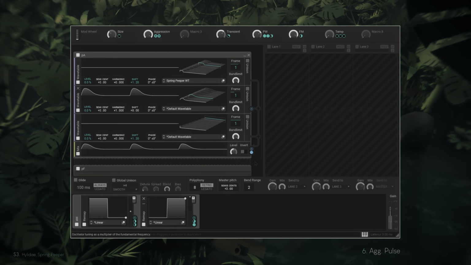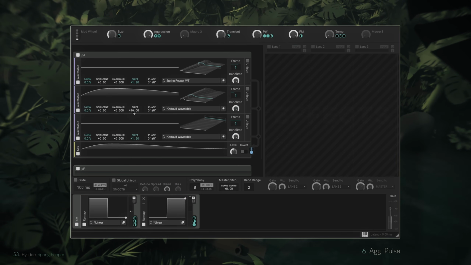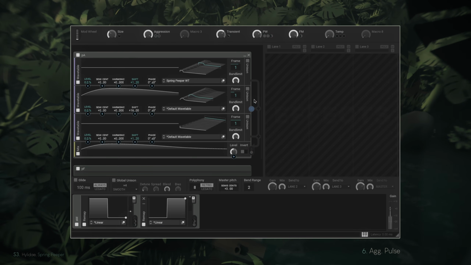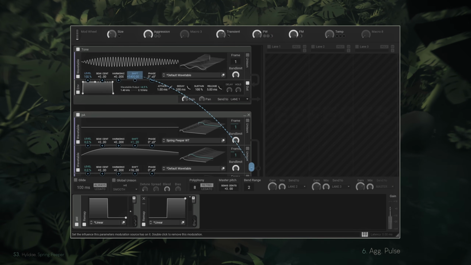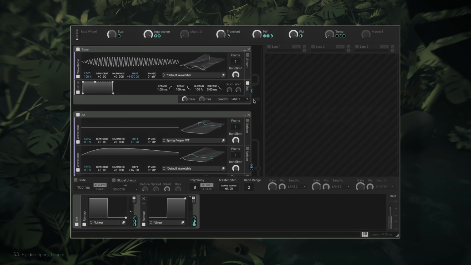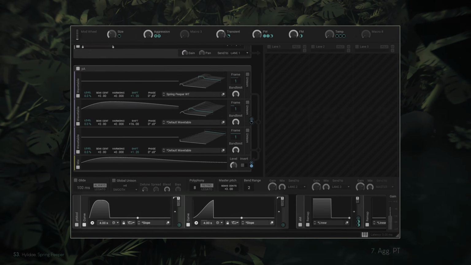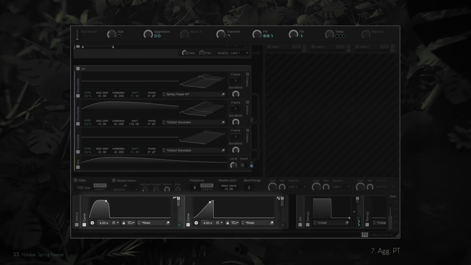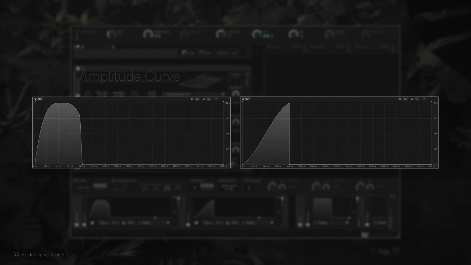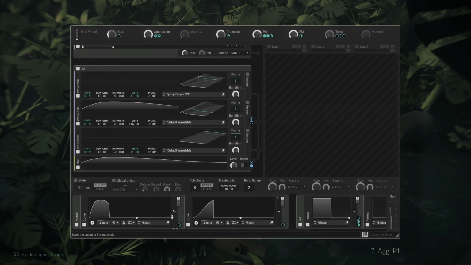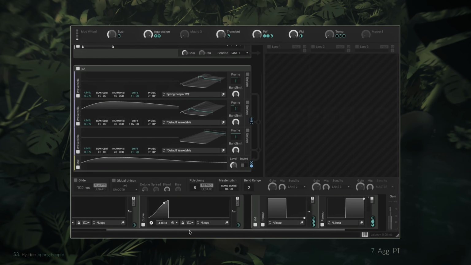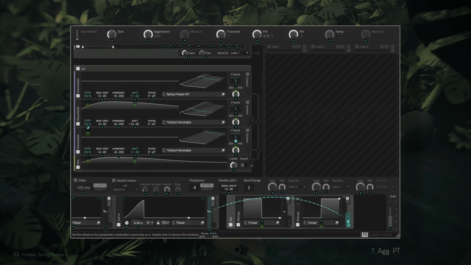For the pulse rate, set the harmonic to 0 and set the shift value to 16 Hz. And because the pulse amplitude shape is similar to the pulse frequency shape in the trill, we can map this wavetable to the shift value of the tone wavetable by around 10%. Now, to create the trill pulse train, we can use curve modulators. Here are the curves I made for the trill's amplitude and frequency shape. Let's set the depth of both curve modulators to 0% and modulate both of them by 100% using the trill